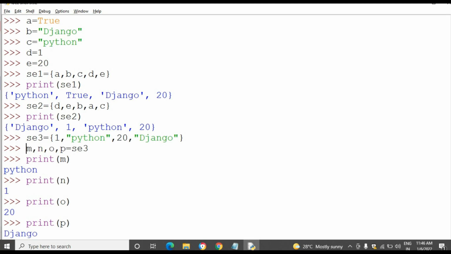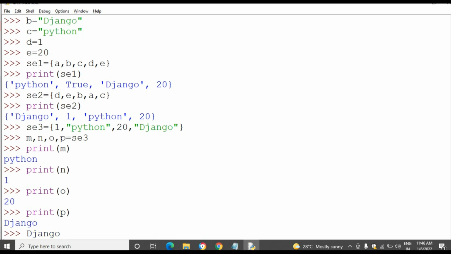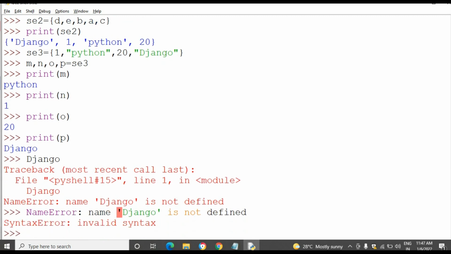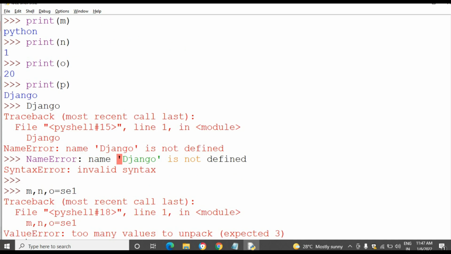Initially I have taken 4 elements, so I have initialized 4 variables. But if you try to unpack the elements with unmatched variables and elements, it will throw an error. I will show you that: m, n, o equal to set1.